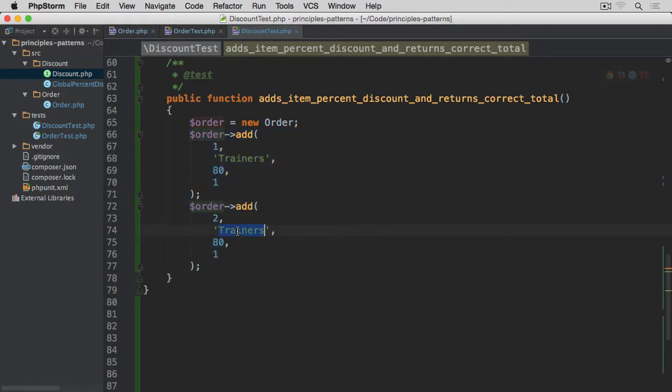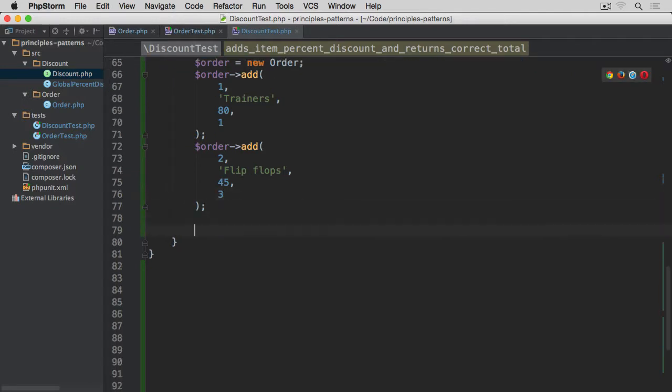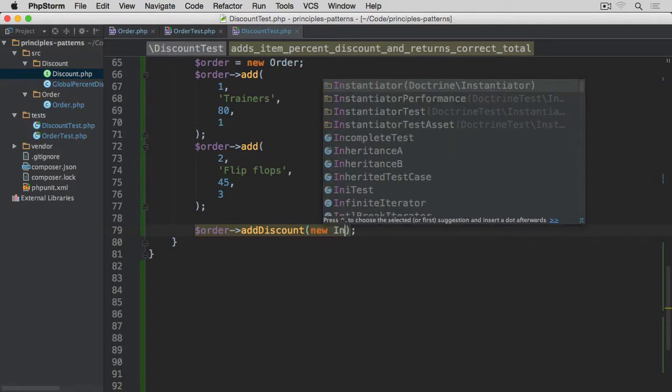ID of the item is going to be 2, flip flops, for instance, and they will cost 45 each. And we want 3 of these. Okay, then we are going to add a discount. So order add discount. This time we're going to add the new class which we don't have yet. It's going to be called new item